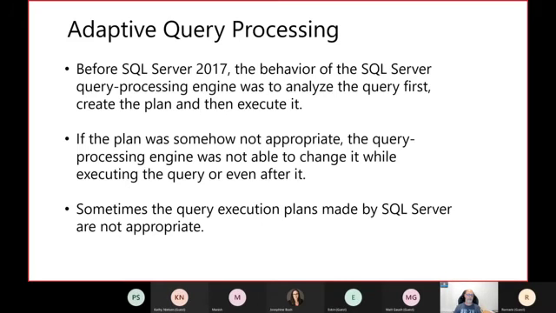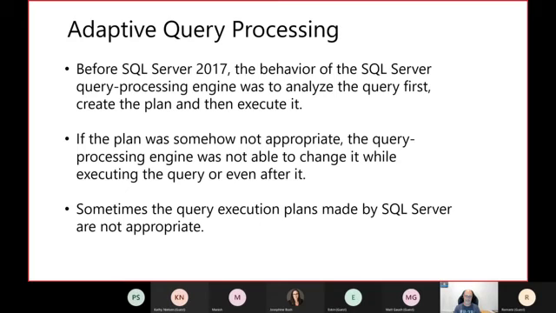So then, also in SQL Server 2017, Microsoft introduced this other concept called adaptive query processing. And this is quite interesting, actually. You know that when SQL Server runs T-SQL code for the very first time, it's going to compile the plan, keep it in the cache, and reuse it in the following executions.